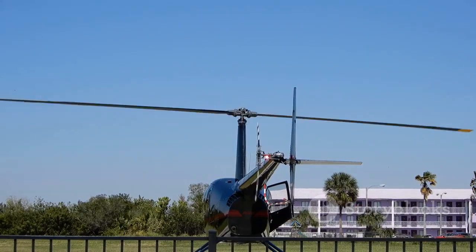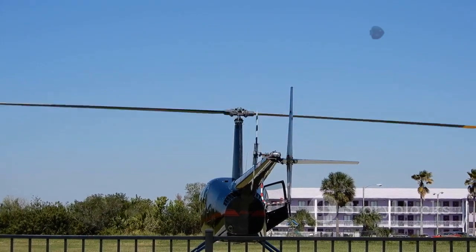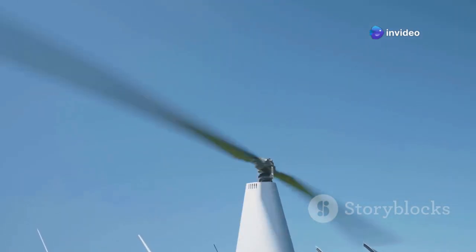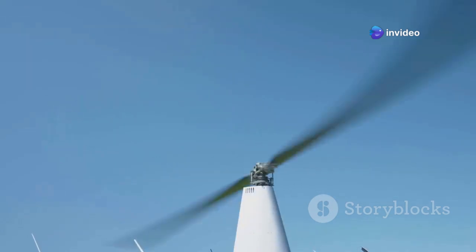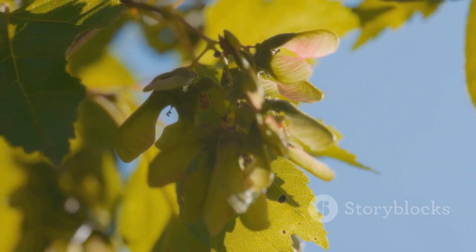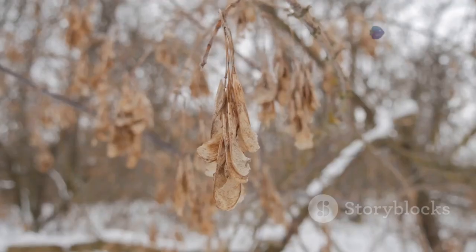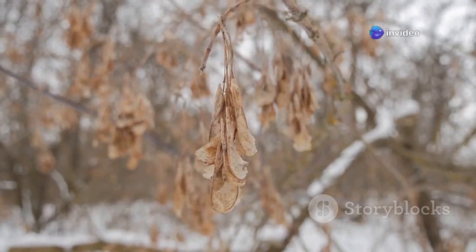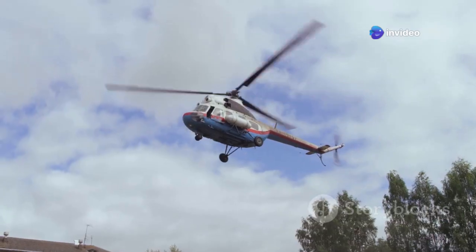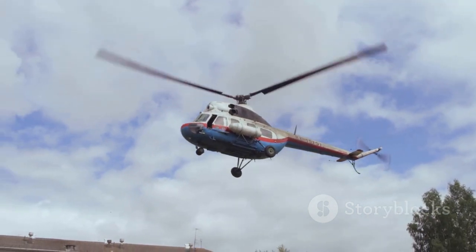Autorotation is a state of flight where the helicopter's main rotor system is no longer being powered by the engine, but by the air. Instead, the rotor blades are kept spinning by the upward flow of air through the rotor system, maintaining lift. Think of it like a sycamore seed twirling its way down from a tree, using the air to slow its descent. The seed's shape uses the air to keep it spinning as it falls, much like the helicopter's rotor blades. This controlled descent allows the pilot to maintain control of the helicopter and make a safe landing,